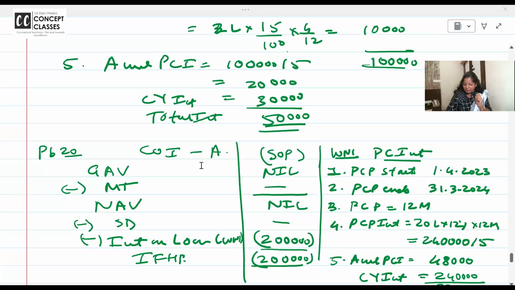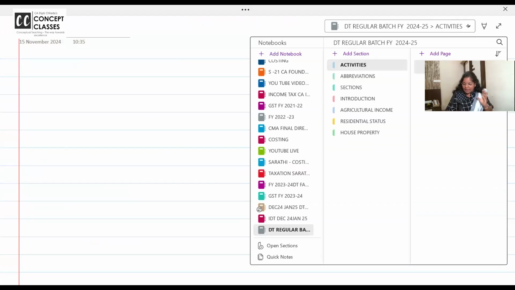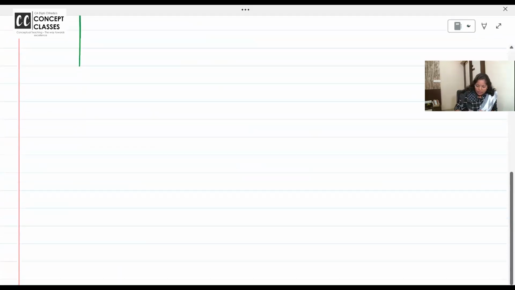In case you have missed any of the lectures, you can view them at 1.5 times speed in the app. You can take the link and the backup from sir if you need it. And please remember the weekly activity. Even if you have not written, I remember we have kept one page for abbreviations and one page for activities. Abbreviations, definitely, tomorrow before I start business head, I will take up. But in activities I want you all to please write your weekly activity, and I will give you a very beautiful activity this Saturday. But your daily activity, last Saturday's activity, which I said is